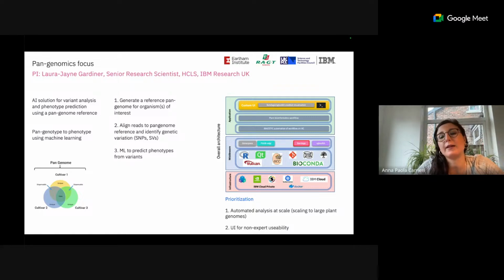And then to provide our research collaborator a tool with a nice interface, a front end for non-AI or machine learning experts, so they can run this analysis independently and accelerate their scientific discovery that way.